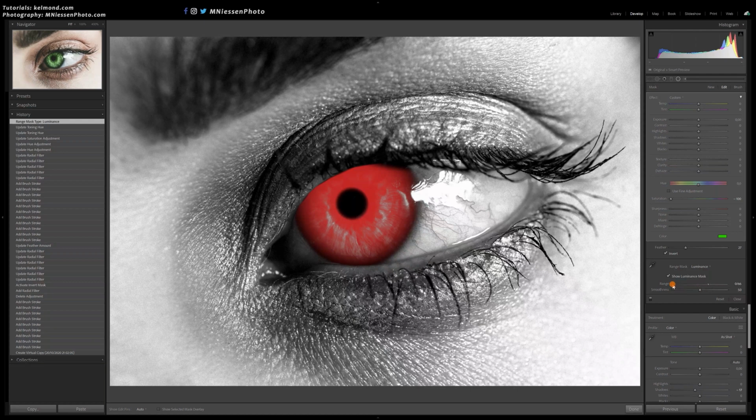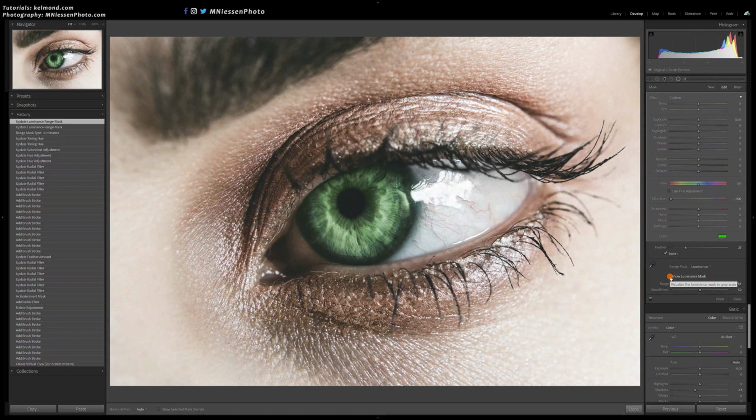So to do so, I move both sliders towards the center, and the left one just a tiny little bit to avoid applying it to the darkest colors. And while doing it, I just keep an eye on the mask to see exactly how it is affected by the changes in the sliders. As you can see, the change is very subtle, but it does look better, and the highlight is not green anymore. Let me turn the range mask off and on again so you can see exactly what it did.